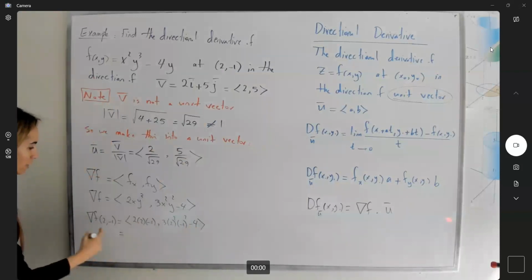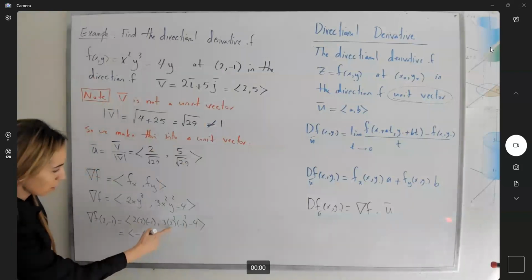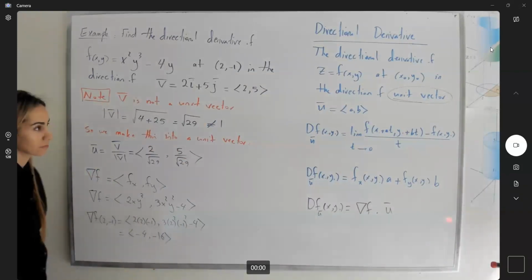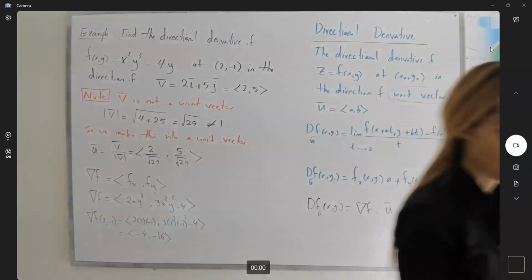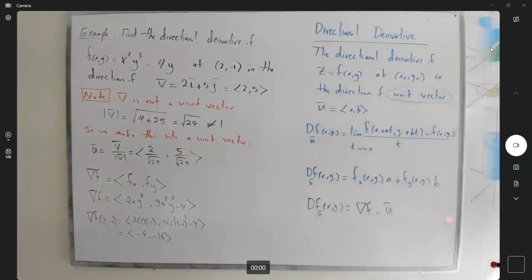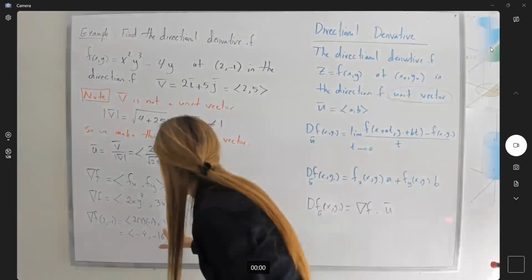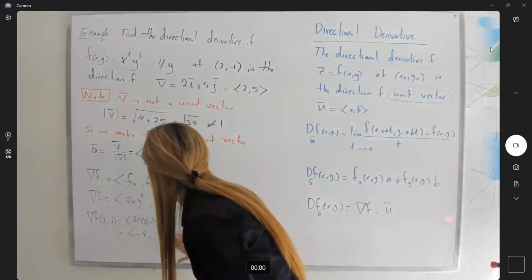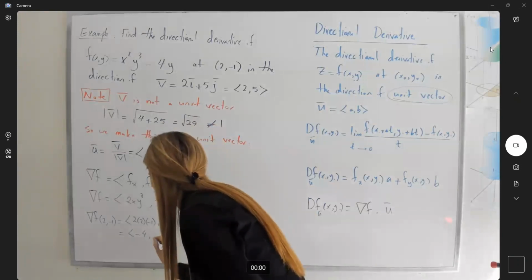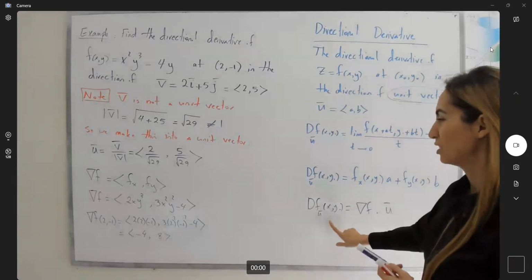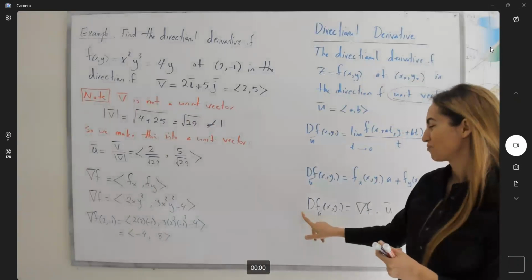So the gradient of f at this point is, let's say, negative 4. And here we have negative 12 minus 4, negative 16. Hope the algebra is correct. Okay, let me see. Oh, this is positive. So it's going to be 12 minus 4, which is 8. I didn't see that. So now that we have the gradient,